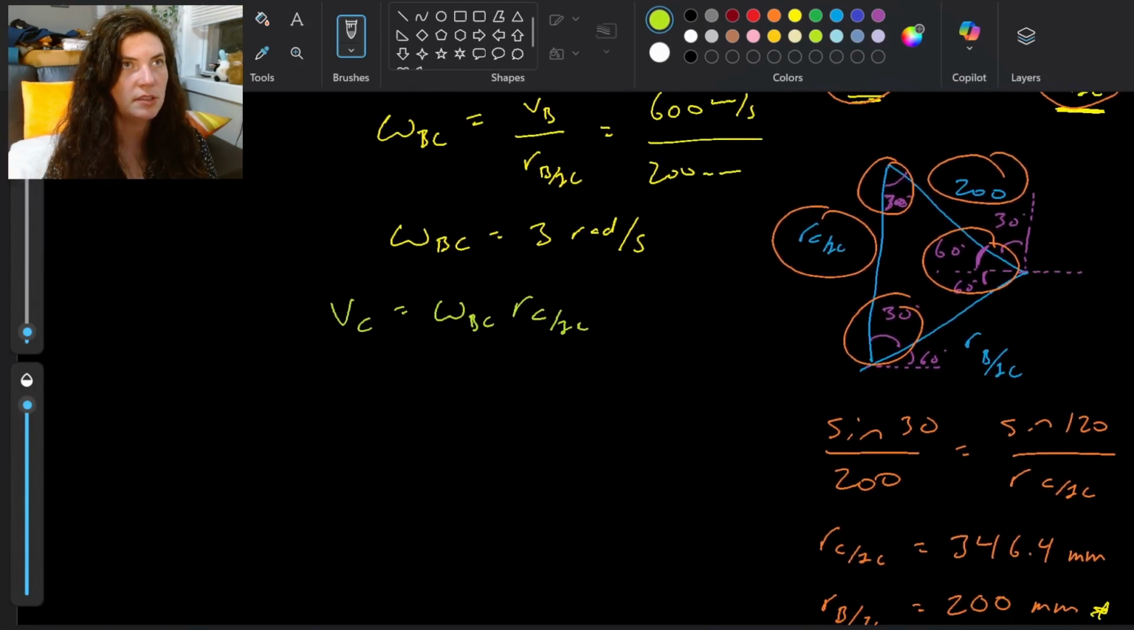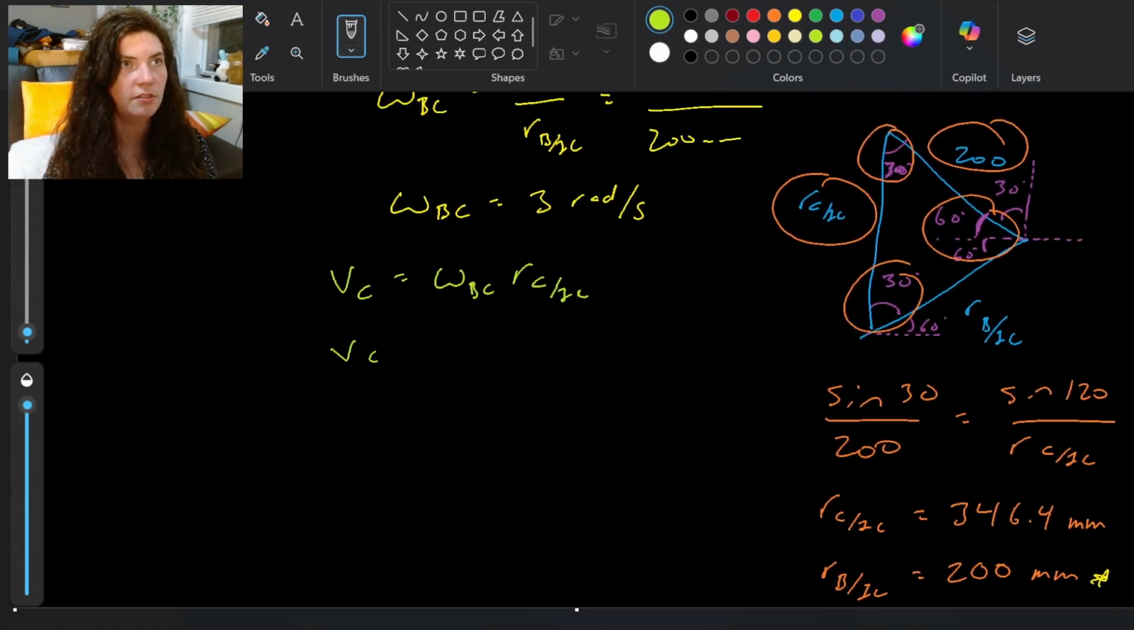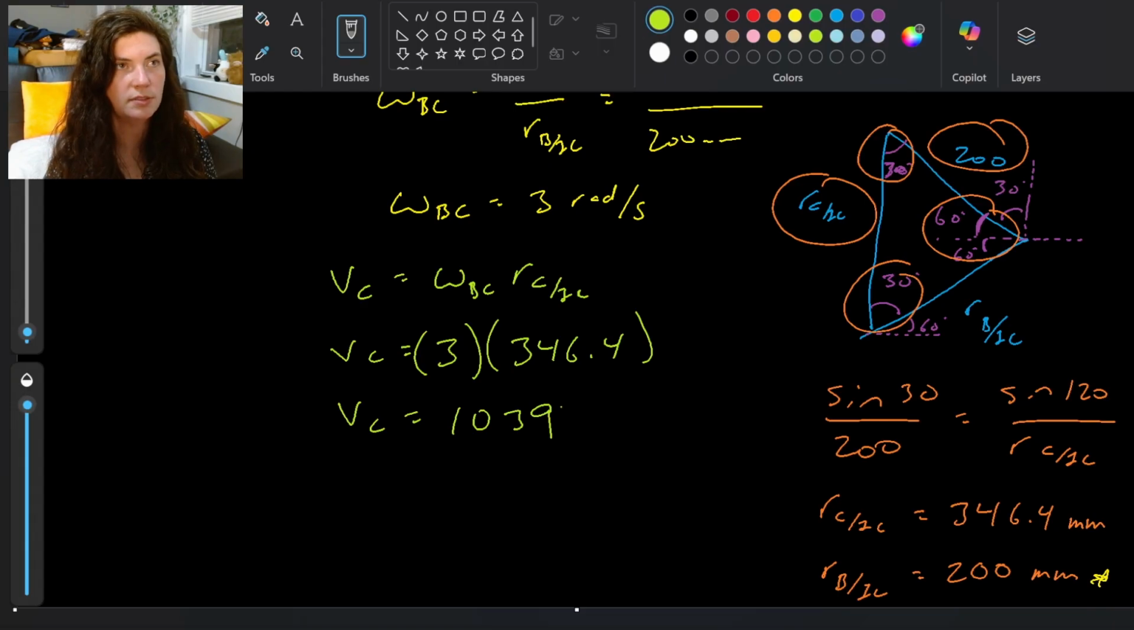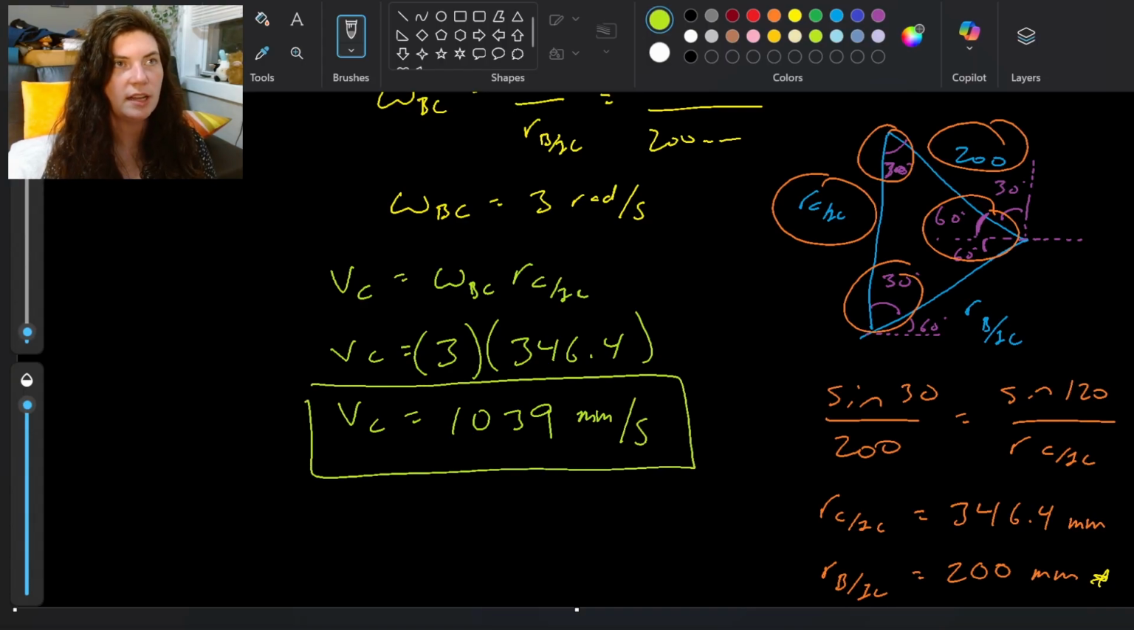Scroll down a little bit so I can see those numbers. VC is 3 radians per second times 346.4 millimeters, which gives me 1039 millimeters per second. So even though the IC portion can feel a little bit convoluted and you're like,